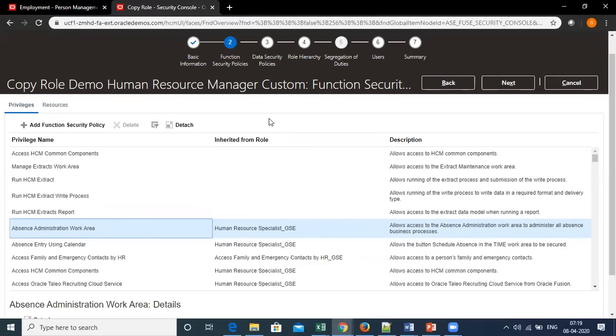So when you copy one single role, and you tell the system to copy all top role as well as inherited role, the system will create a copy of your inherited roles. It will not allow you to modify your seeded roles. It will create another copy and again assign it to human resource manager. Hence, everything here will be customized; it will all be copies of the actual ones.